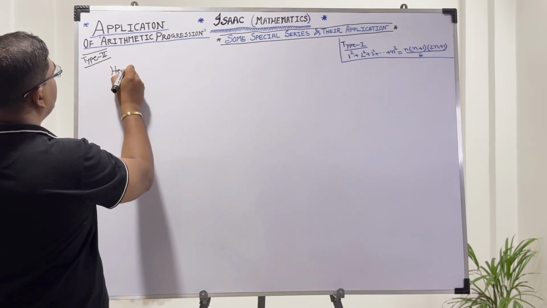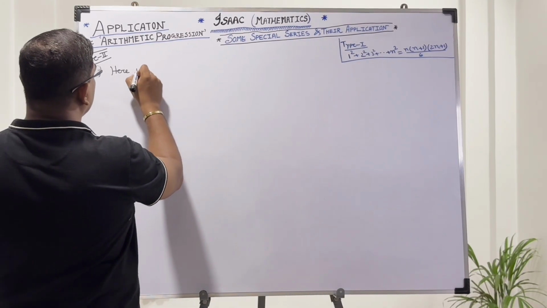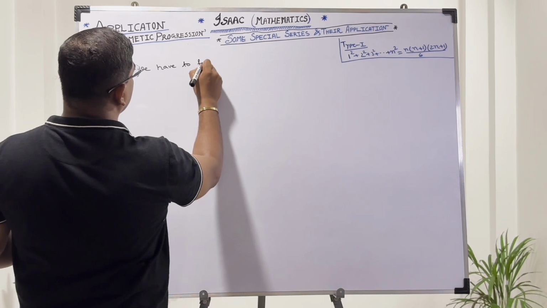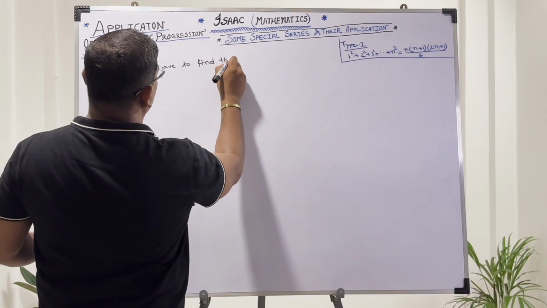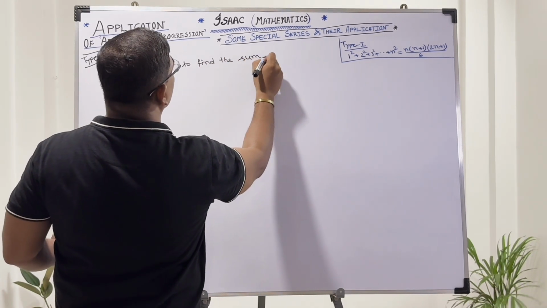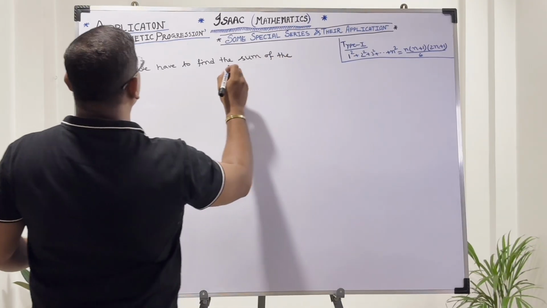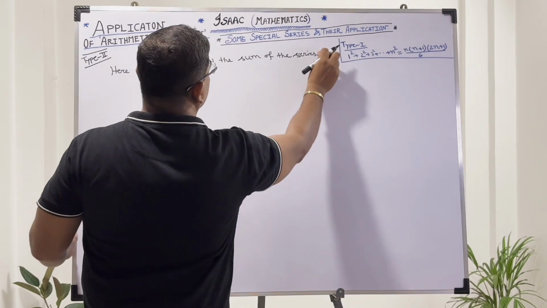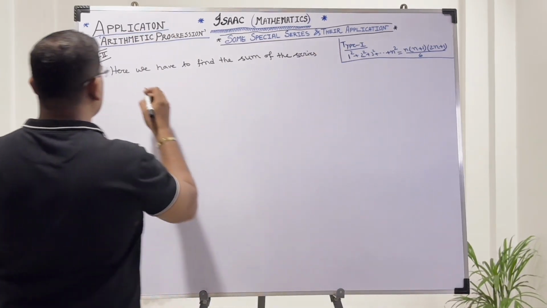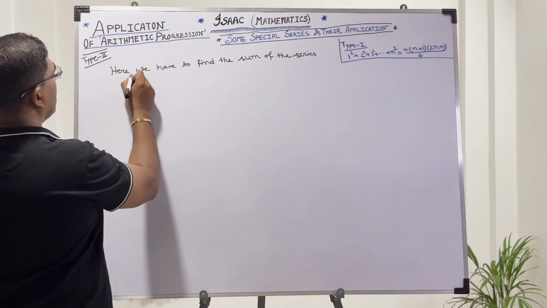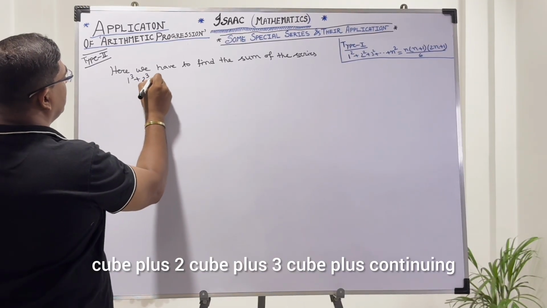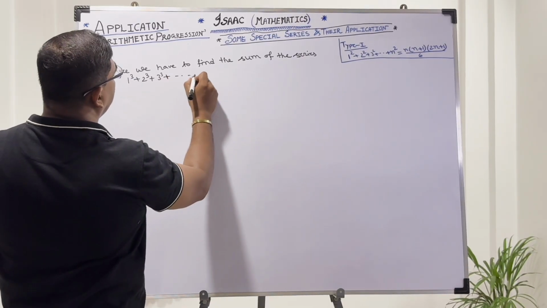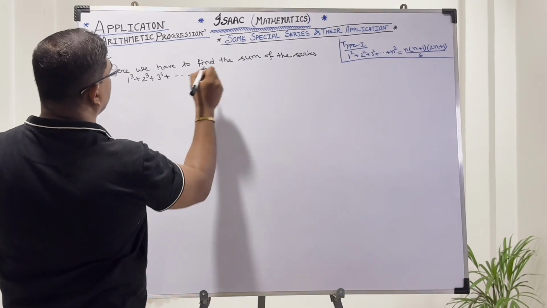In type 2, here we have to find the sum of the series one cube plus 2 cube plus 3 cube plus continuing plus n cube. Okay,